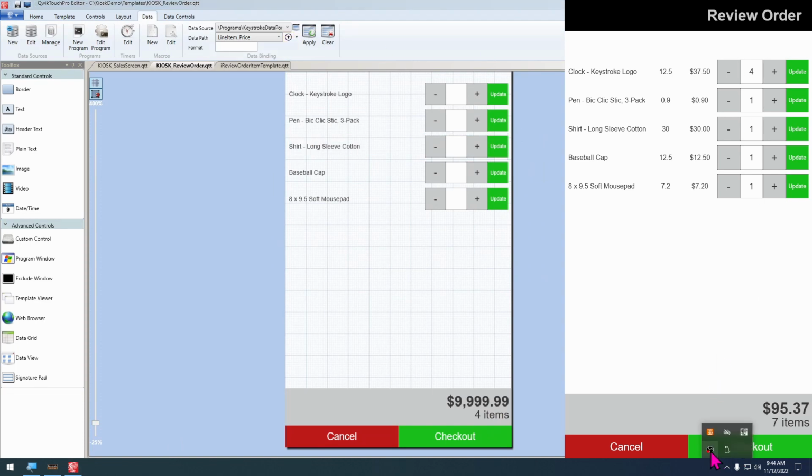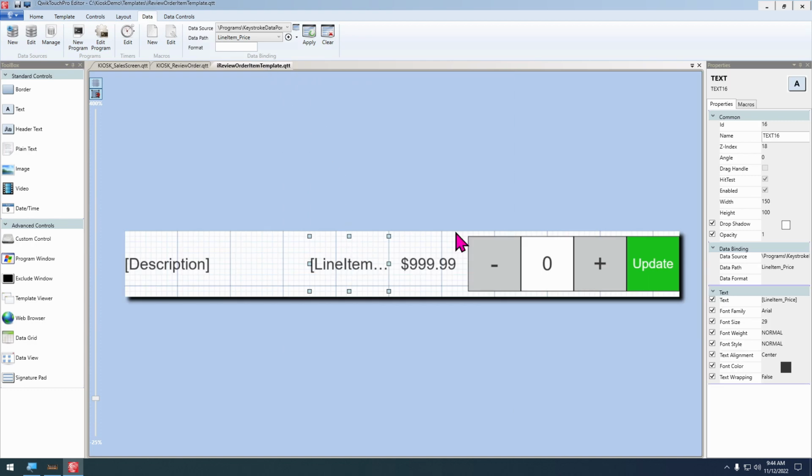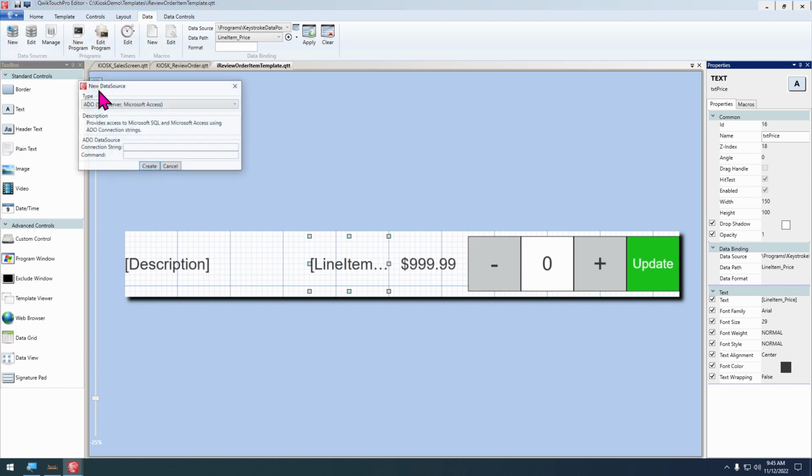Whoops, I didn't get that closed. Close that. Let's go back into here. So first thing we'll do is name this label as well. So let's call this txt price. So we've got the price, we've got the amount, and we've got the quantity. Next thing we need to do, let's go ahead and create our calculation data source. So let's go under data, data sources, new,